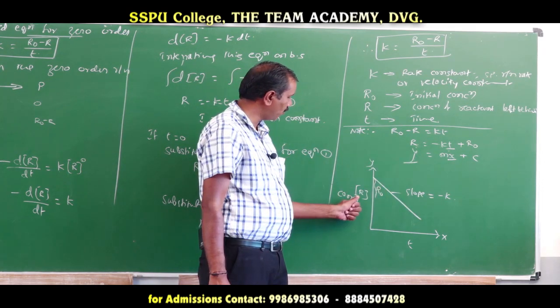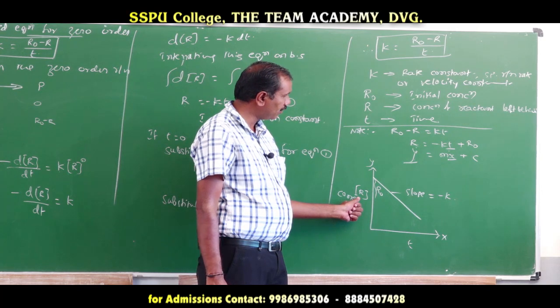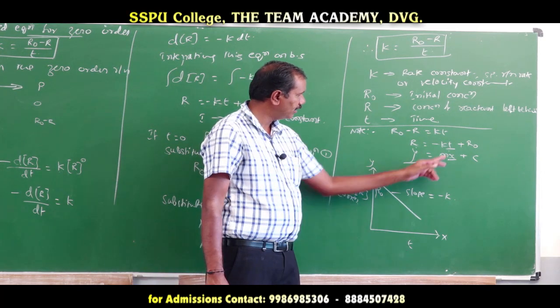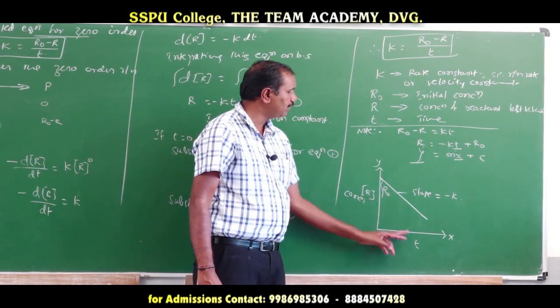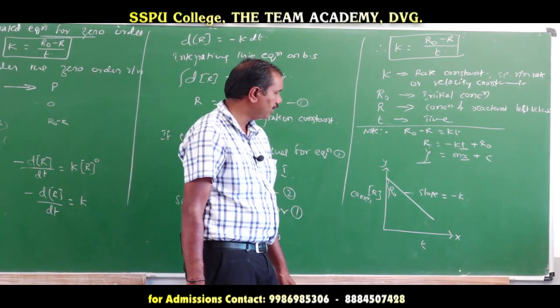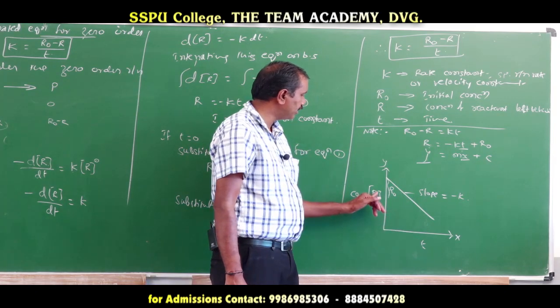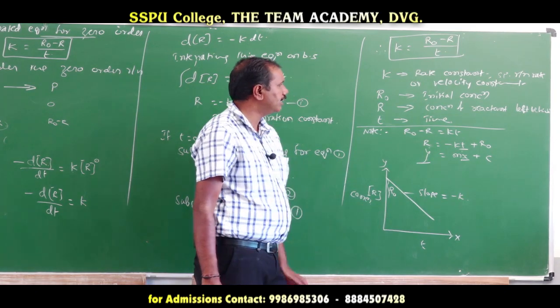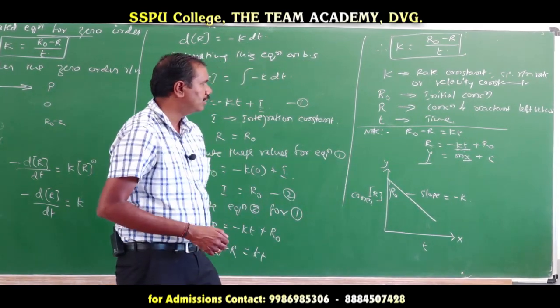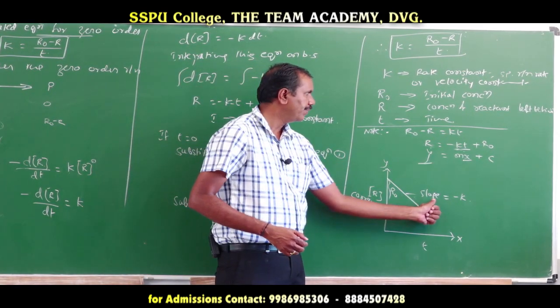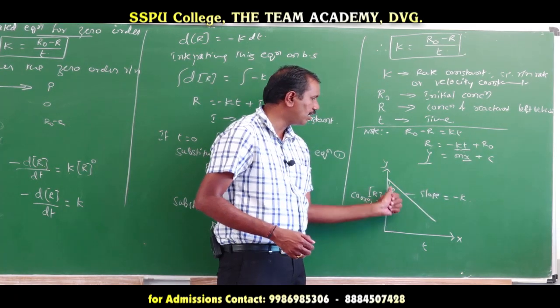On the y axis you plot the concentration of R, and on the x axis time, showing the change in the concentration of R with respect to time. When we change the time, the concentration of reactant goes on decreasing, so we get a negative slope. The slope value is minus k,